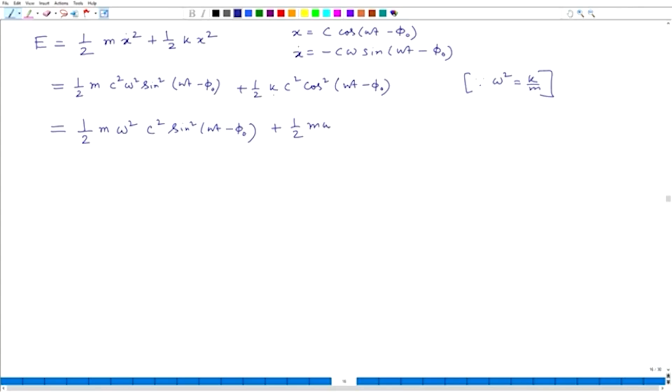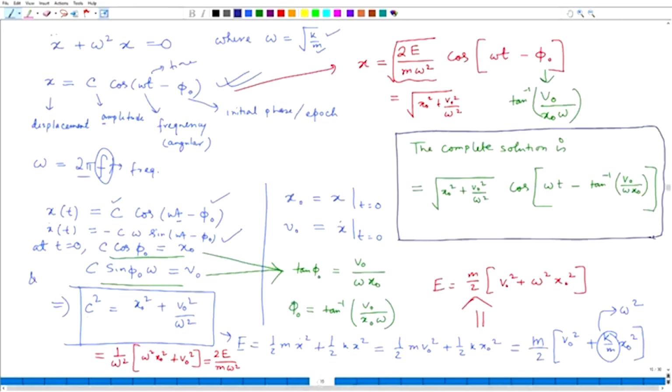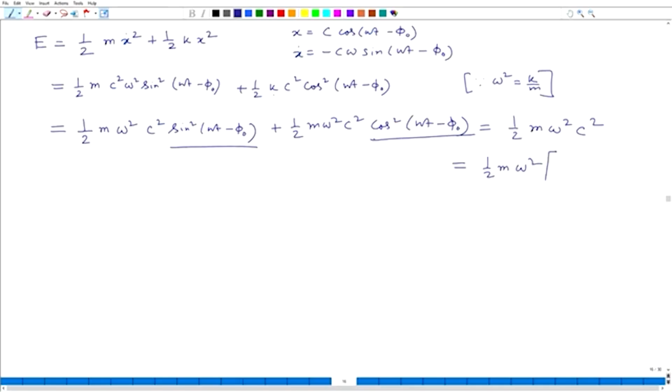So, it will be m omega square c square cos square of (omega t minus phi 0), which is exactly equal to, again, sin square this plus cos square this will be 1. So, you will have half m omega square c square, and then you can actually write half m omega square. What was c square? x0 square plus v0 square by omega square,